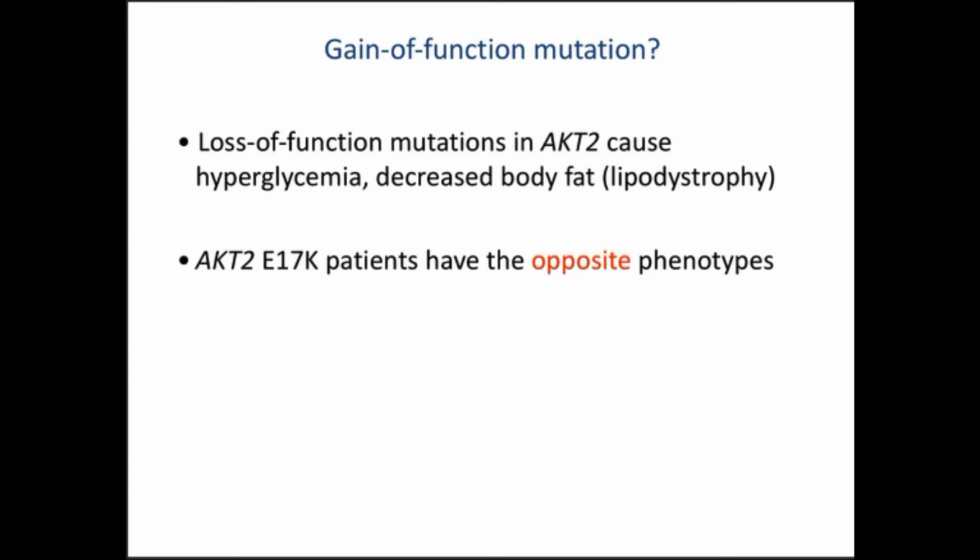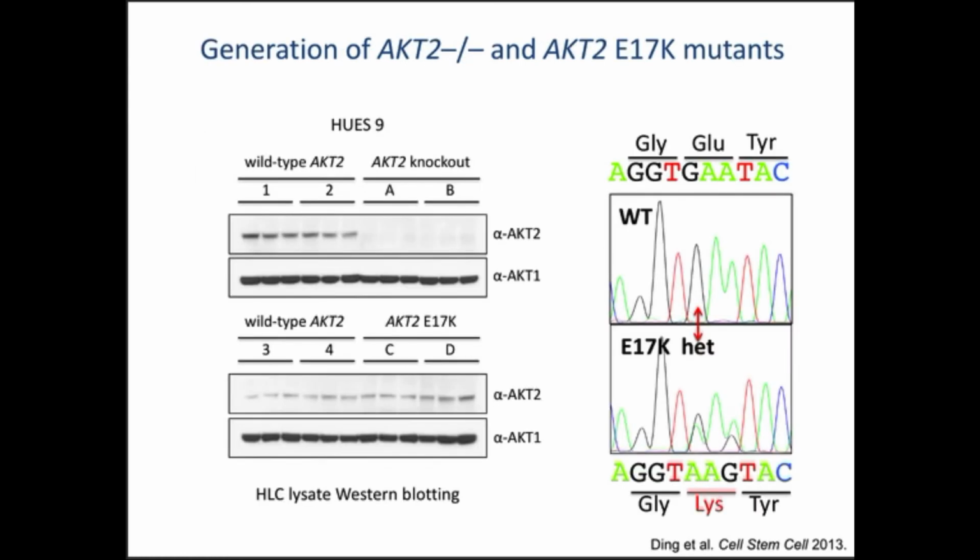And I contacted Robert, and I was like, Robert, let's get those patients. Let's make iPS cells. Five years later, still haven't even done anything close to that. But luckily, we had genome editing tools, so I could just introduce the mutations. So that's what we did. We knocked out AKT2, just like some patients with lipodystrophy. We introduced the E17K mutation, and it doesn't do anything to the protein levels, but you can see that you now have a lysine. And we could ask, what happens when you do that?